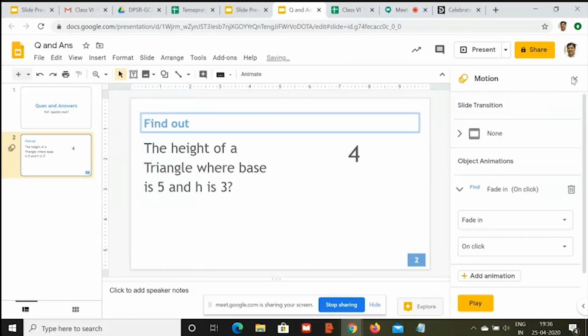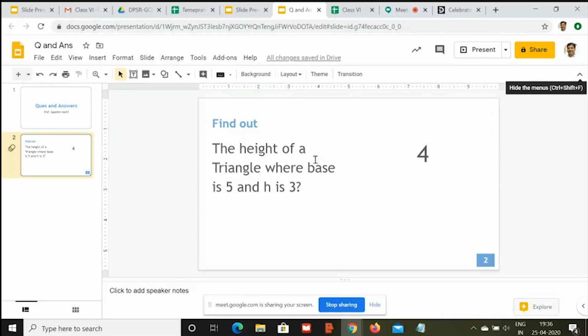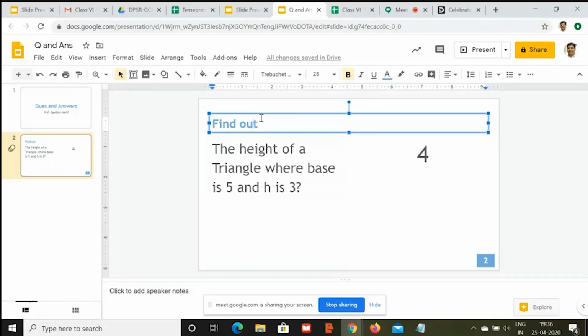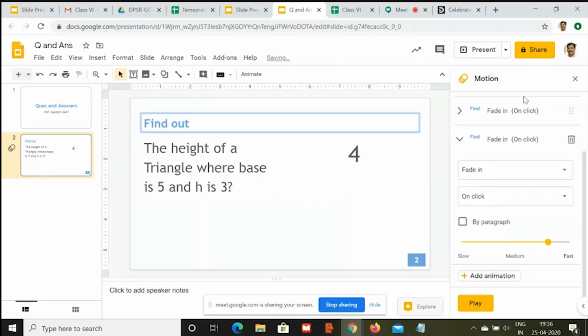I'll just repeat. It was so quick. So this is my slide in which I want find out to appear, and then this question to appear, and then this answer to appear, one after another, right? So what I did, I selected one of the portions, then I clicked on these 3 dots, I clicked on animate, and you will have a side layout like this.